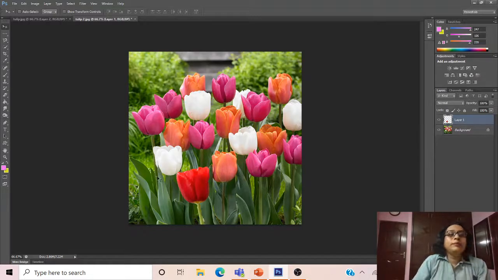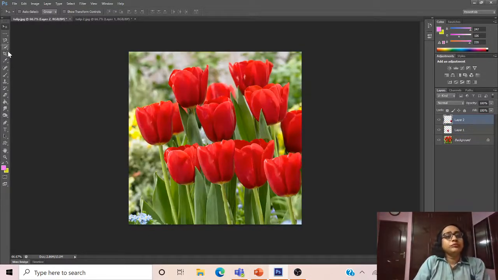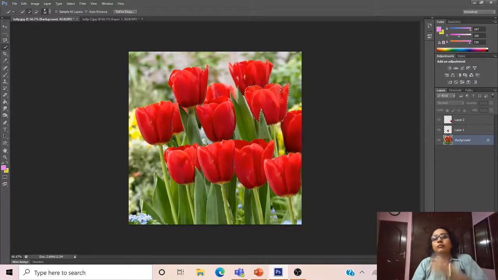Now next we will be shifting to the quick selection tool. Now this was taking time, like marquee tool, lasso tool, they were taking a little bit of time. So to make the process little speedier, we have to go to the quick selection tool. What does the quick selection tool do now? In this quick selection tool, we will just place our mouse pointer on the thing which we want, and we do little bit of spread, and my tulip was getting selected.